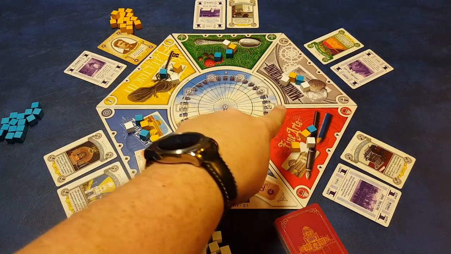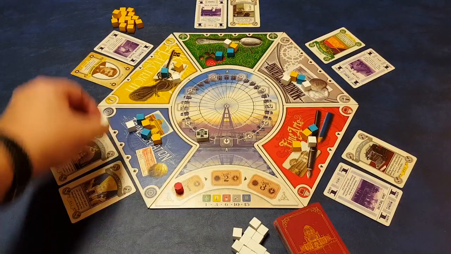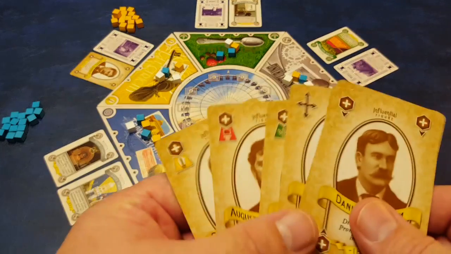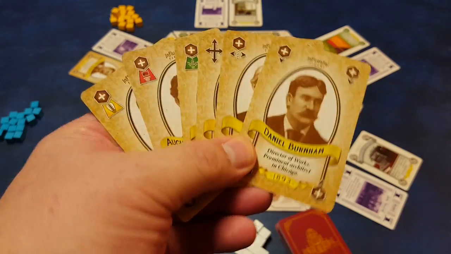I already have 2 in manufacturing because of the start bonus, so I'm already leading there. Okay, so I think I'll play a supporter in electricity. I now have the majority in there for now. The next thing I can do is play my influential cards, my influential figures. Now, you have to play them from a previous round, so I don't have any, but these again are the